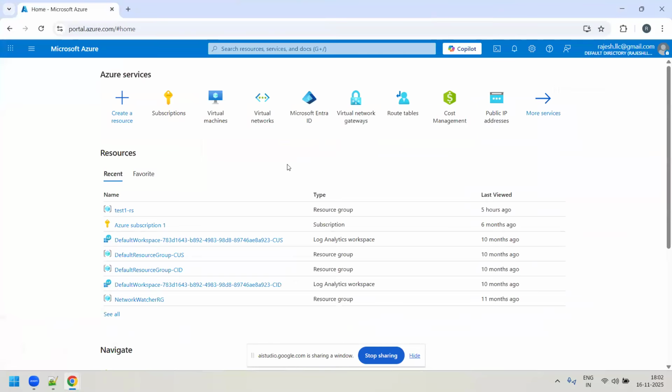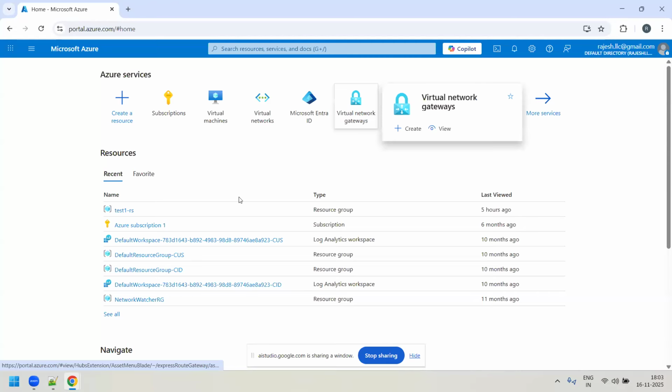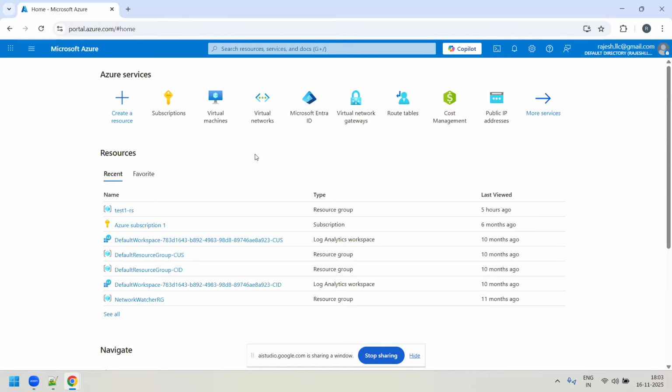Hi Google. Can you able to see my screen? I'm in the Azure portal now. Portal.azure.com. Can you see that screen?